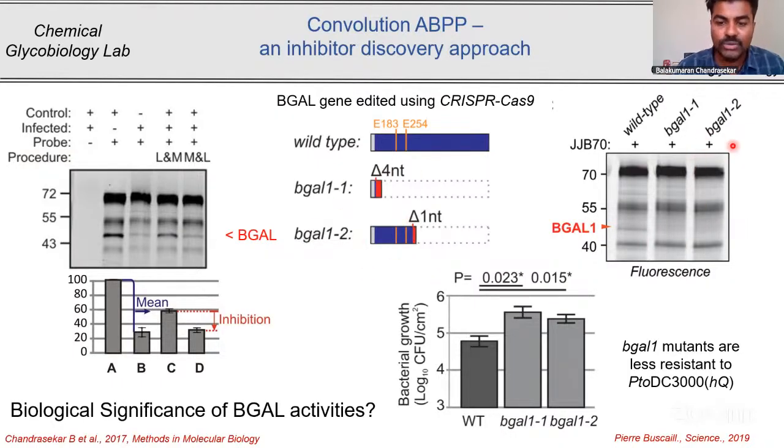And we used these two lines and we did a pathogen infection assay. Upon doing a pathogen infection assay, we were amazed to see that the pathogen was growing more. It was growing a log-fold more on the plants which are devoid of beta galactosidase enzyme. In other words, you can say BGAL mutants are less resistant to Pseudomonas syringae, or the BGAL enzyme is an important immune enzyme which is important for resistance against the bacterial pathogen.